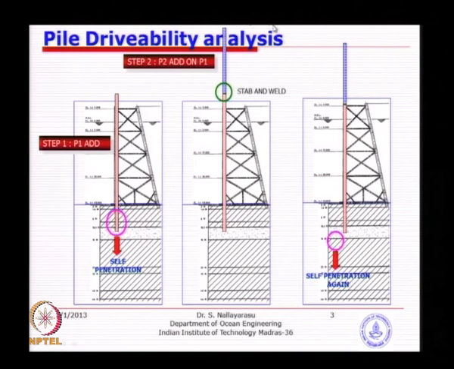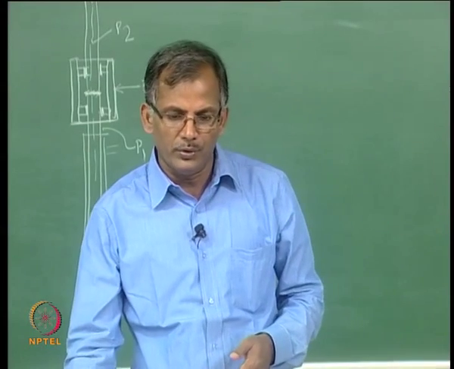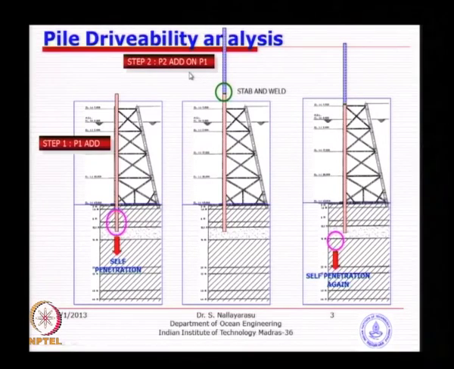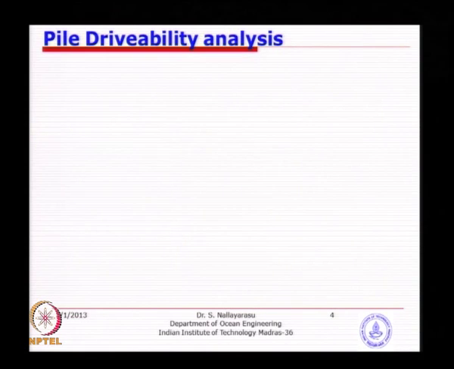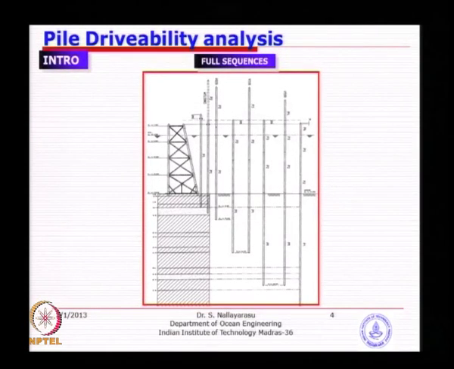Once you reach this place, the pile is moving downwards. Then you go back to the procedure you were doing: remove the hammer, bring back another segment, bring back your bearing cage and start welding, remove the cage, put the hammer back, start driving. So, that you have to repeat. And that is what we were seeing in yesterday's sketch, which I was showing in a different form: the sequence of driving needs to be understood, what you want to do and how much time it takes.